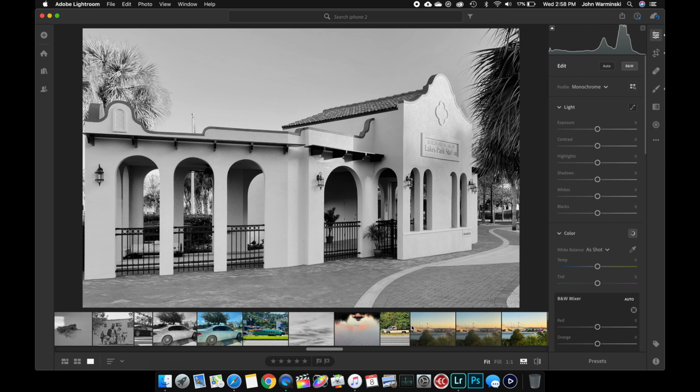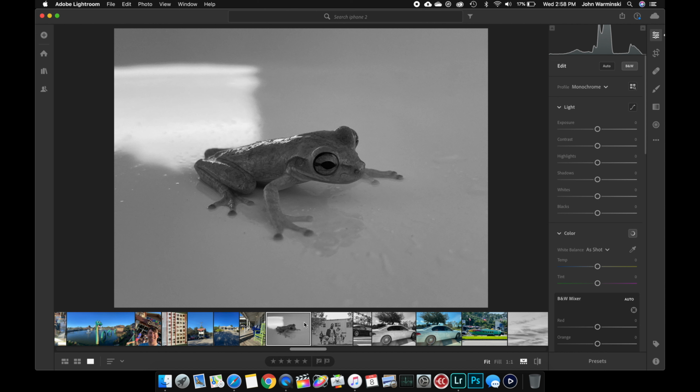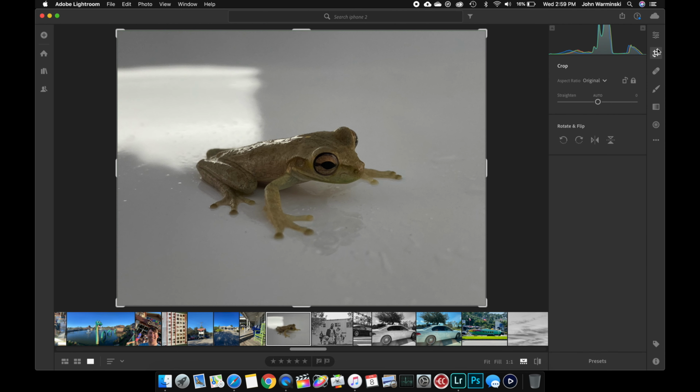Let's see, what else do we have here? I love this picture of this frog. This is, again, using the 50 millimeter lens. As you can see, the depth of field is really, really sharp on the iPhone 11 Pro Max. I was able to get really up close and personal with this little guy. This is a tree frog, I'm guessing. I think it looks better in black and white, but actually this photo was originally